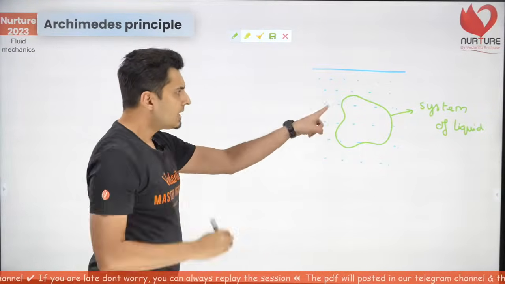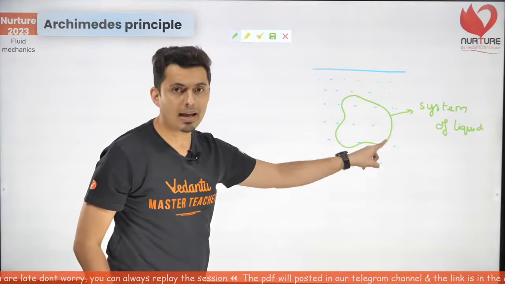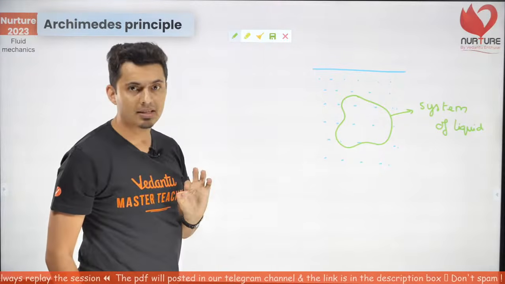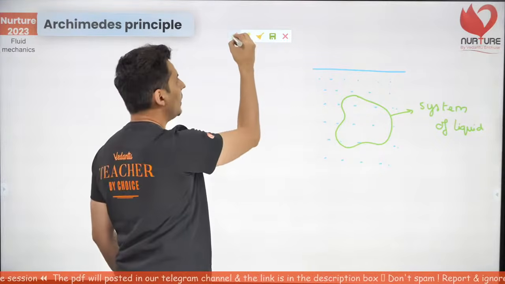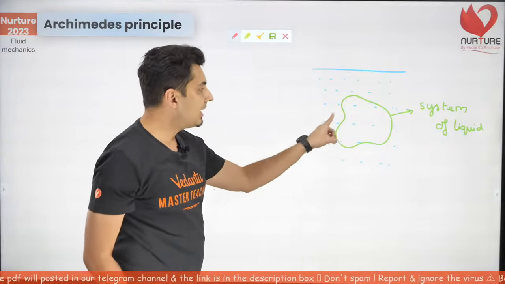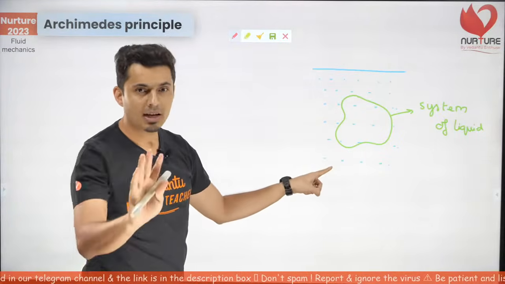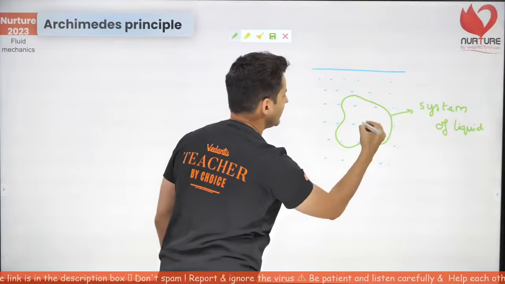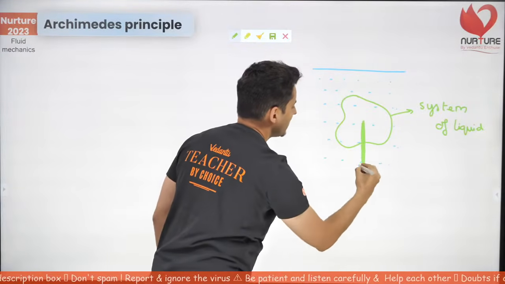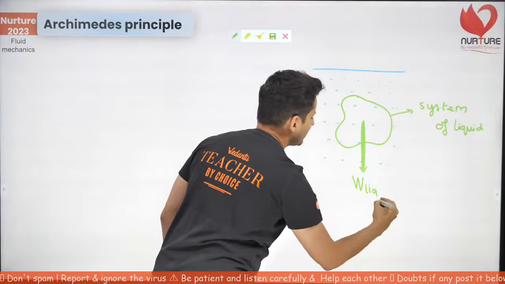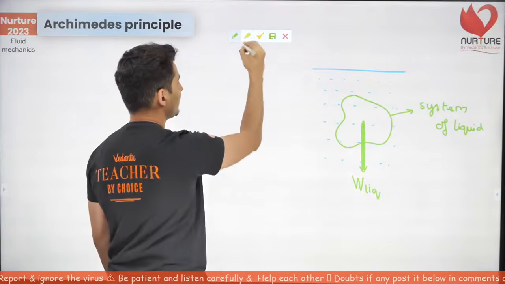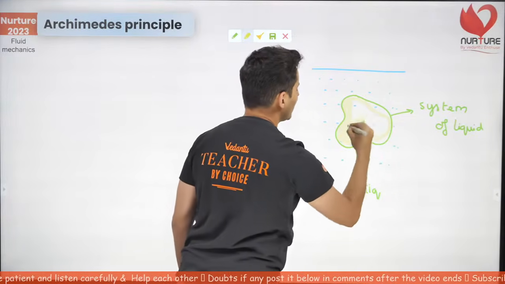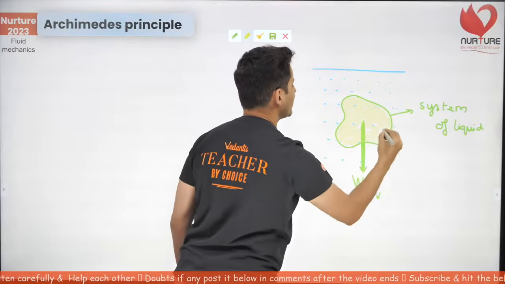Now, if I ask you, draw the free body diagram of this particular liquid which is enclosed in this green space, the answer is very easy. All you need to think about is, what are the different forces? One is the own weight of this liquid. Agreed? The own weight of the liquid will act downwards. So I'm just going to put an arrow mark this way. This is going to be nothing but the weight of this particular liquid in this particular space. Which space am I talking about? I'm talking about this space right over here, which is now enclosed, and it's a part of some hypothetical system.